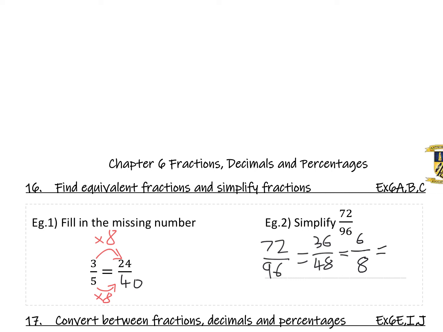And then finally, I can see 2 goes into those both, so divide numerator and denominator by 2. So if we review that, we divided by 2, then divided by 6, and then divided by 2 again. So that gives you 2 over 4, 24. If you divided by 24, that would have got you straight there in one